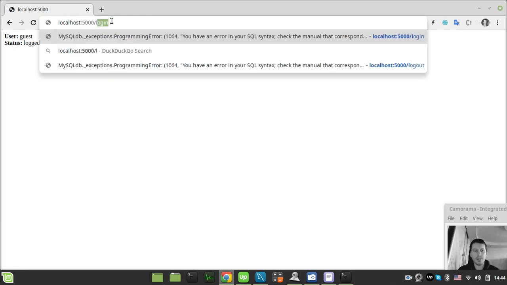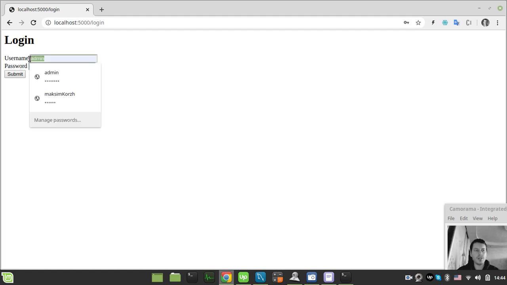I go back to the login page, and this time I would use my real username and my real password for this account. But after my username, I can simply close the quote and put this semicolon, and then I can basically execute whatever SQL statement, and that would be executed in the database, and that's really horrible. So if I just say something horrible like delete